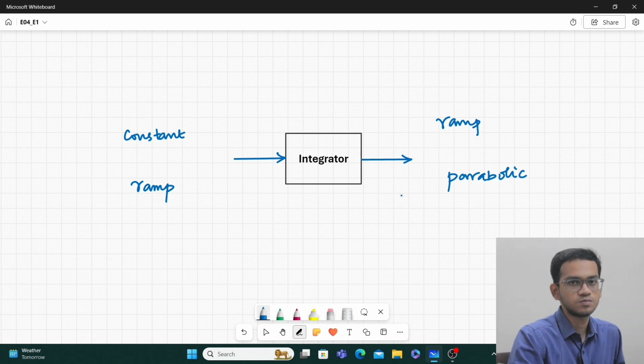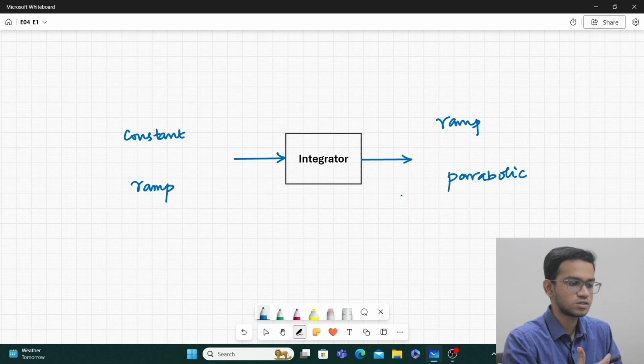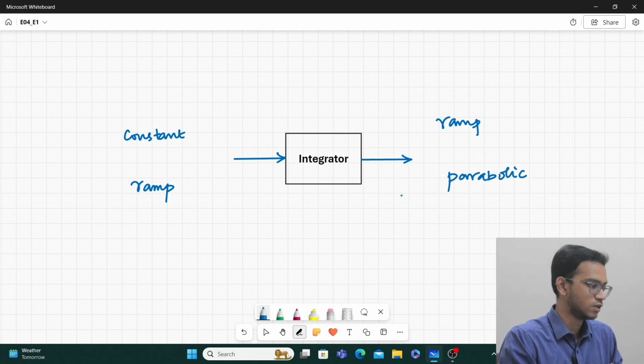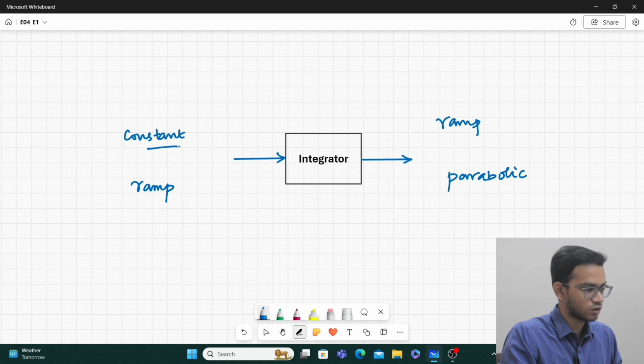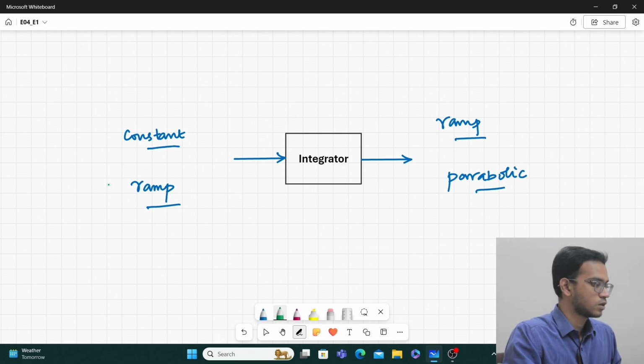So why does this behave this way, or what is the mechanism inside the integrator as a black box? As a generic integrator, regardless of which domain it is being implemented in, just as a black box, which behavior of the integrator leads to this kind of input giving this kind of output, and that kind of input giving that kind of output? Or to be exact in mathematical terms,